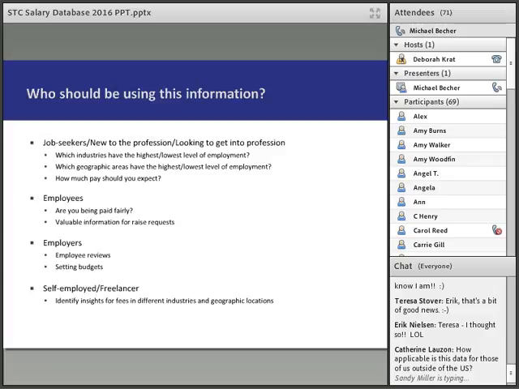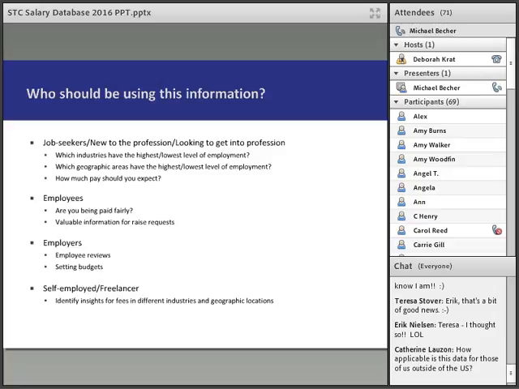If you're in college, you're trying to figure out, hey, which direction, which path do I want to go for my career? Well, now you have some information of this, the technical writer profession, I can expect to make this amount of money. If I go into this industry within it, I can make this amount of money. If I go to this state, I can make this amount of money.